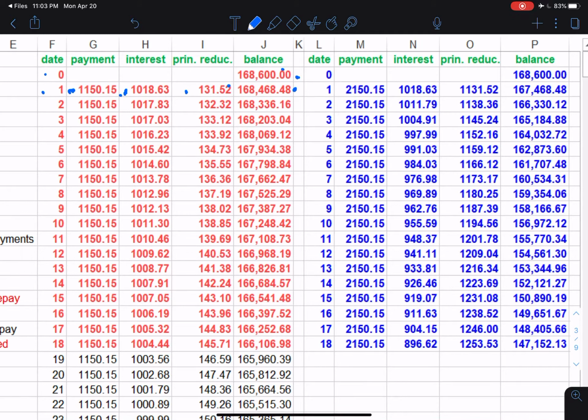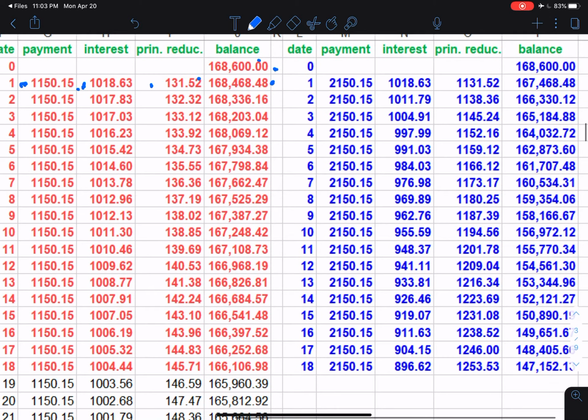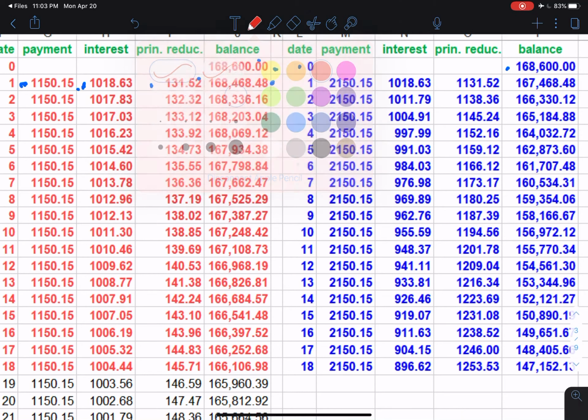However, we did make an additional payment of $1,000. And now we want to recognize that. So over here in blue is what we actually did. So at date 0, we had a principal balance of 168.6. That's how much we borrowed. And then we make our first payment at date 1. Notice it's the 1150.15 from over here plus 1,000. So it's 2150.15. And now the interest due on the first payment, of course, is the same,